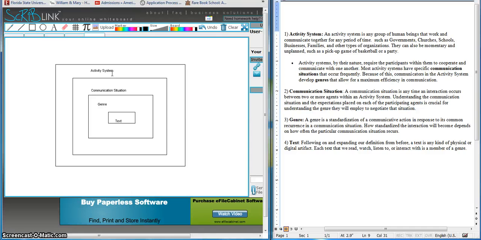And so that's the reason we're going to talk about composition as an act that always occurs within a genre, within a communication system, within an activity system. And so every text you produce has all of this deep context around it, and all of this complexity. Even the simplest thing, even the postcard that you write home, or even the email that you send home, is involved in a particular kind of genre, which is designed to work in a particular kind of communication situation, which is occurring within a particular activity system. And so this is a way to deepen our understanding of what actually happens when we write and read text.